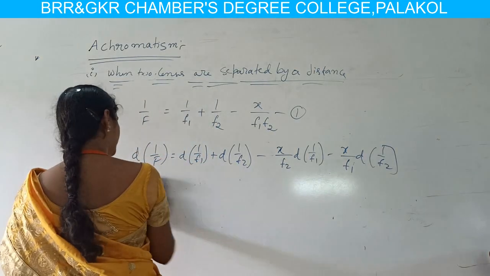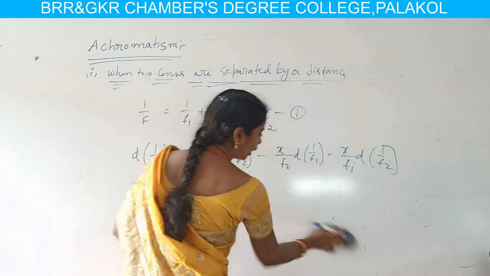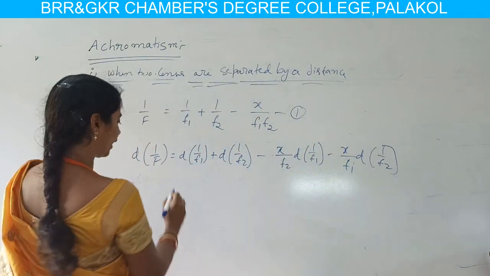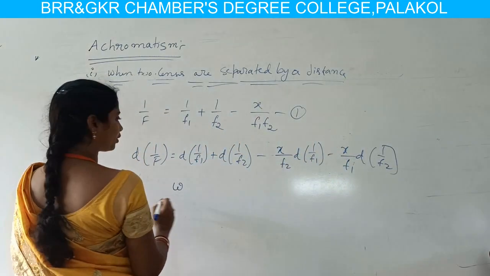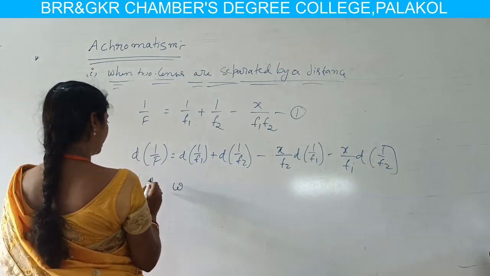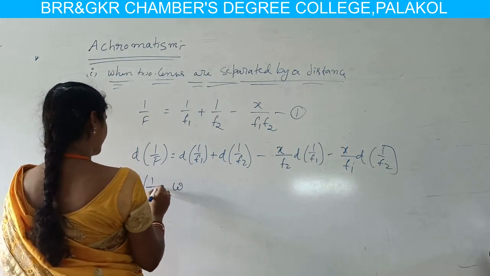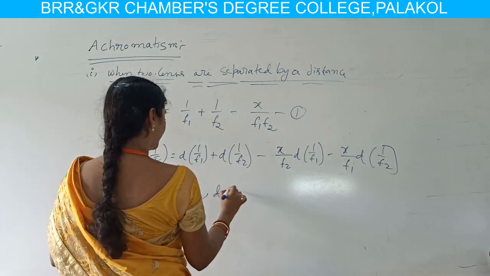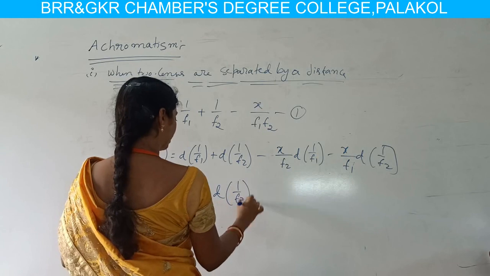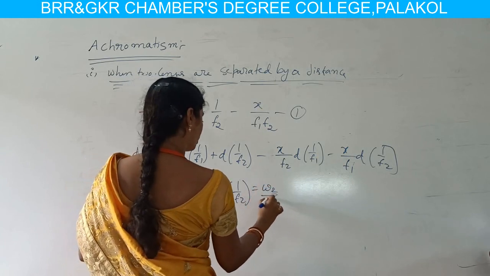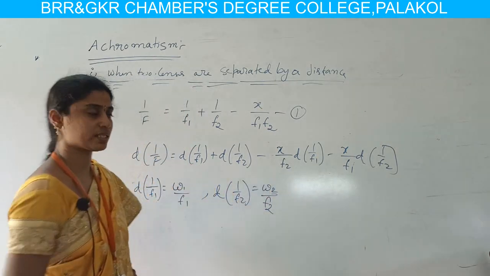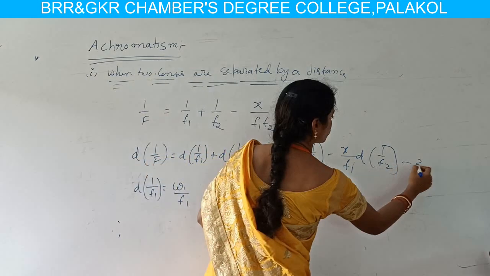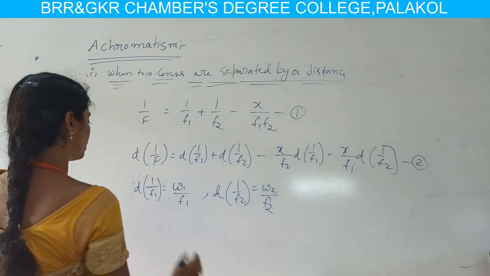In the previous article we discussed the combination of two lenses in contact, where we have ω1 and ω2 values equivalent to 1 by f: d into 1 by f1 is ω1 by f1, and d into 1 by f2 is nothing but ω2 by f2. So, substituting from the above discussed topic, the equation is considered as 2, and substituting these values,